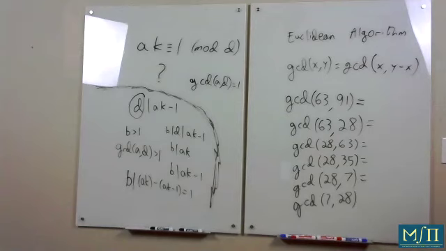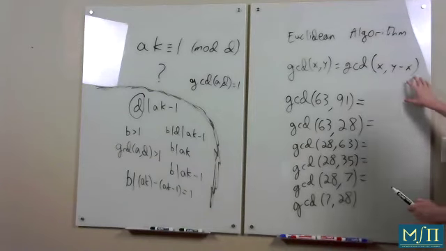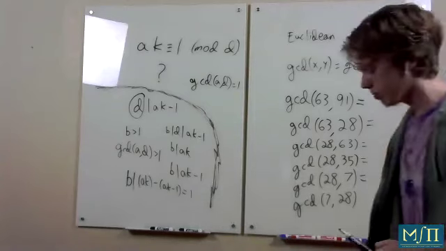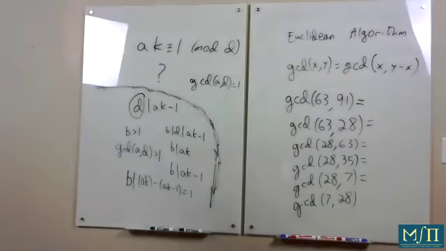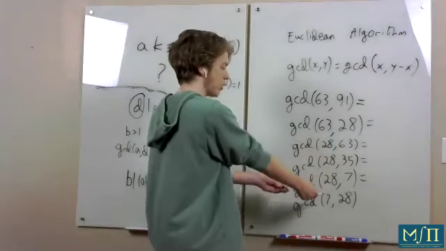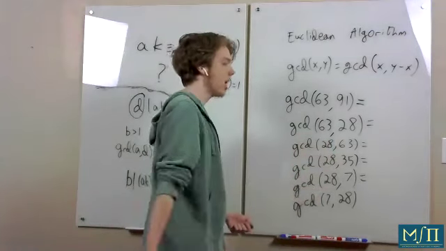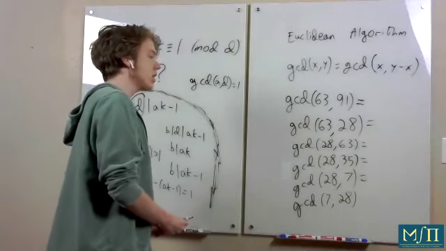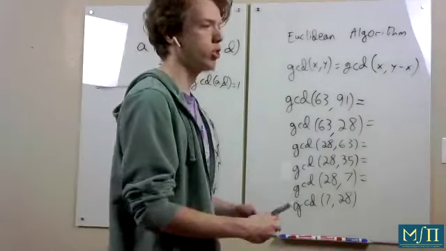And yeah, we don't really need to concern ourselves with that right now. But there's another thing you can do to make your life a little easier, because notice how we need to subtract 28 from 63, 2 times. We would need to subtract 7 from 28 multiple times. And so to make our lives even easier, we can let ourselves do multiple subtractions at once,